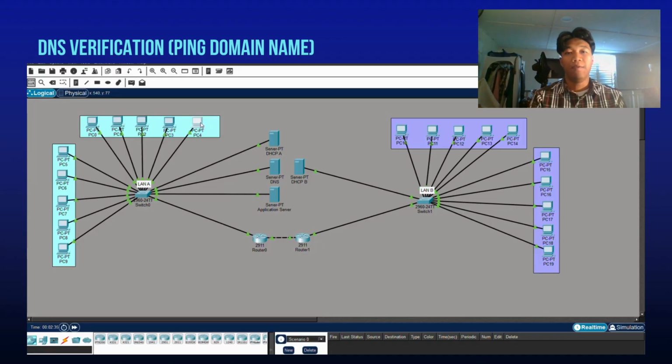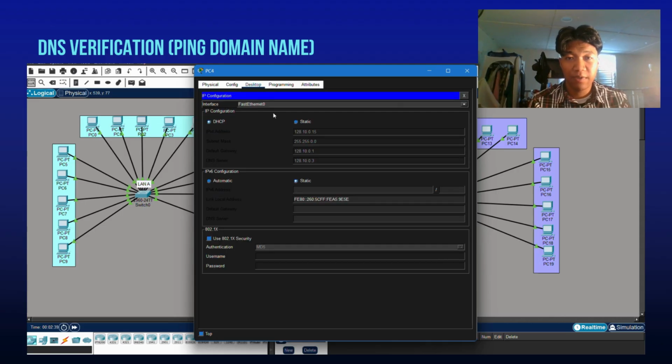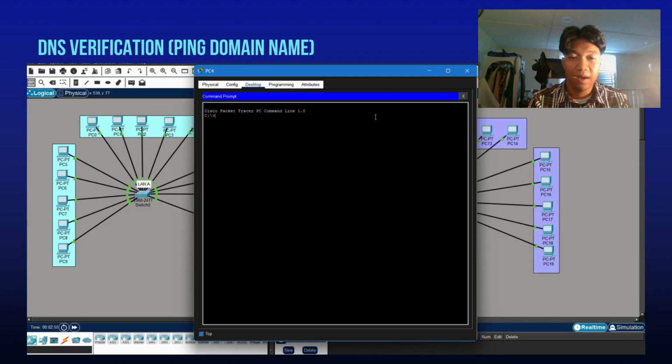Okay, so for the ping domain part, first thing first, we must verify the PC's DNS server. So the first step is to open the PC, click on the PC and then go to the desktop, and then we click on the IP configuration, and then we check the DNS server field. And then the second part is that after we have identified the PC's DNS server, we close the IP configuration and open the command prompt, and then on the command prompt we ping and put